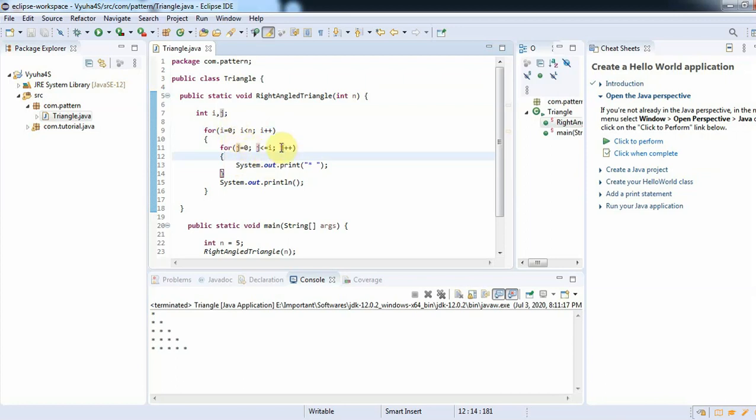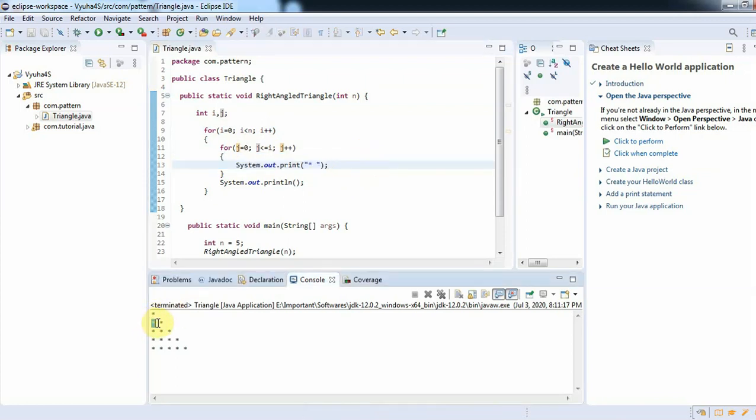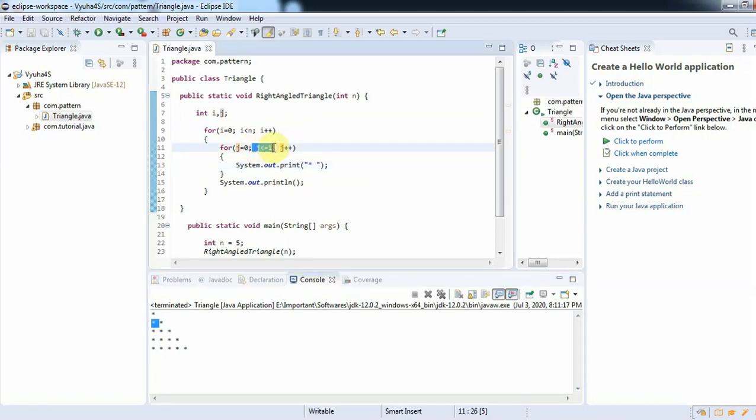So now where are we? The value of i is 1 and j is 0, j equal to 0 and j less than or equal to 1. The condition is true, and it will get printed. Star space will get printed, which is here. The j value will be incremented. First the value of j is 0, and after incrementing the value of j is 1, and that 1 will be compared over here. 1 less than or equal to 1, yes, the condition is true.